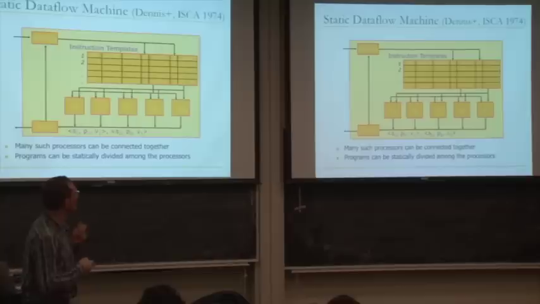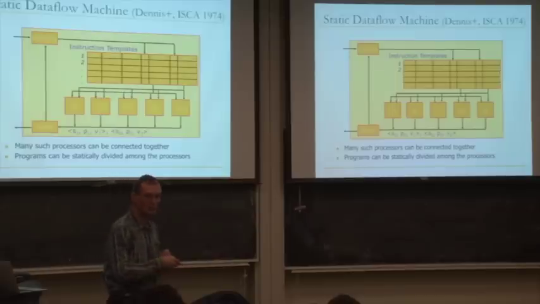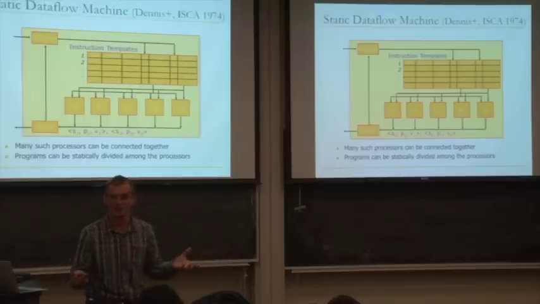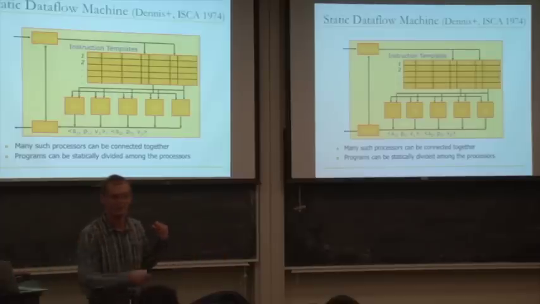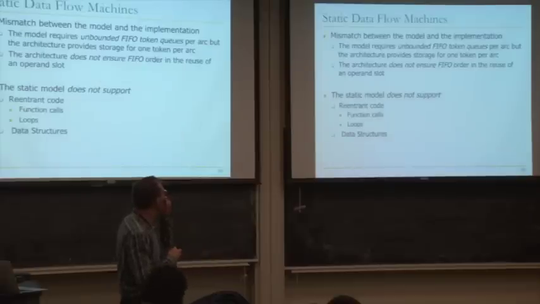So that's, of course, very limiting, right? You do want to be able to execute loops. And you want somehow dynamically, instead of statically partitioning your programs, you want this dynamic execution to happen naturally. Also, what happens with function calls, right? You always replicate the function, because you cannot have multiple instances of the same function executing at the same time with something like this, because you have only one instance of the instruction. Right? So that's very limiting.